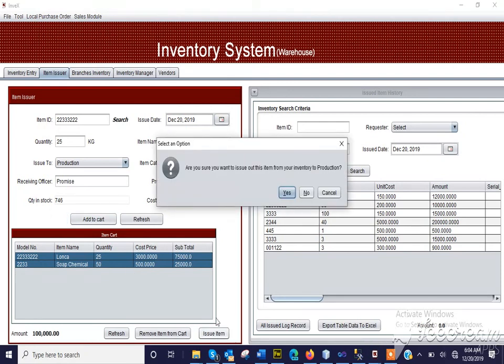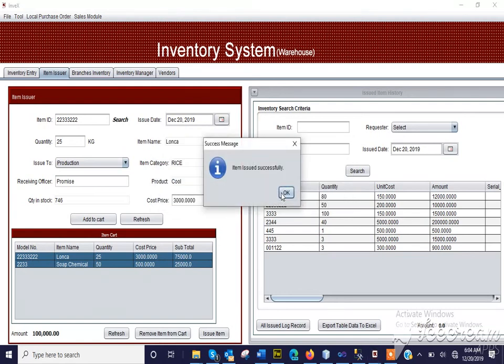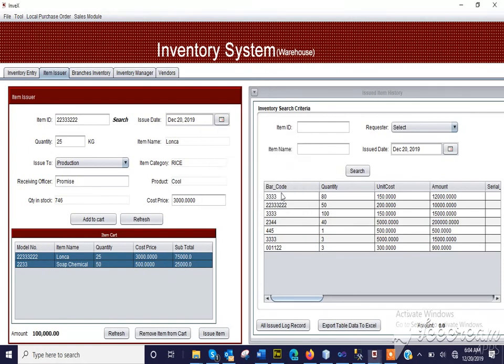It's going to ask me, are you sure you want to issue this item to production? I say yes. Item has been issued successfully to production. I say okay. It's going to load and then bring me a requisition invoice, just an invoice to show that